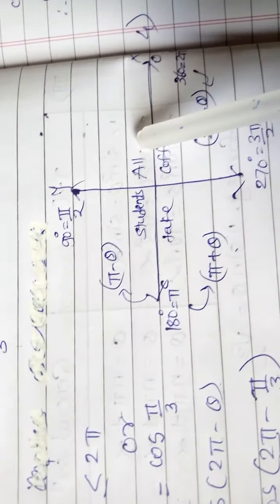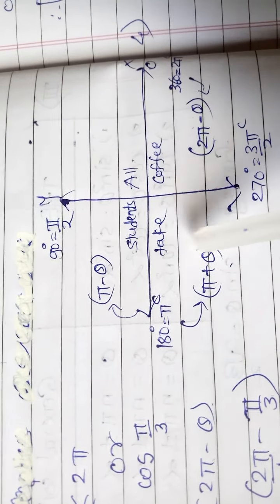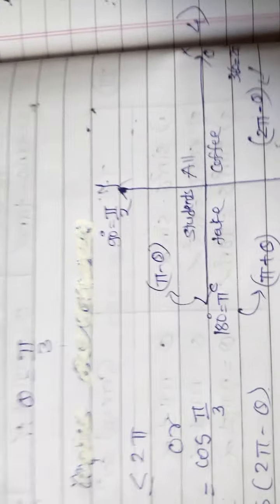So see the figure again. In the first quadrant all the ratios are positive, and in the third quadrant, so you know this quadrant, quadrant 1, here 2, here 3 and 4. In the third quadrant the value of tan is positive, means in first and third it is positive. So the remaining, second and fourth, are negative. So the second quadrant has pi minus theta, and the fourth has 2 pi minus theta. So we are taking these values here to remove the minus sign.